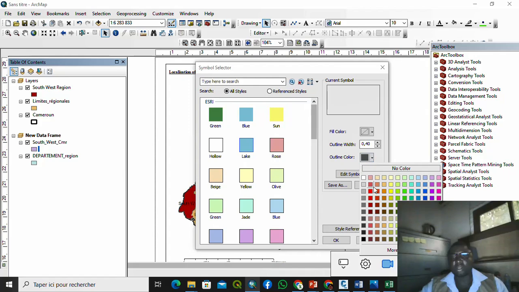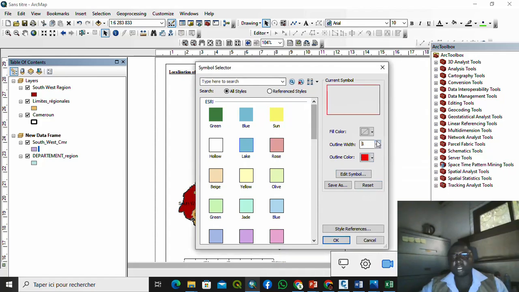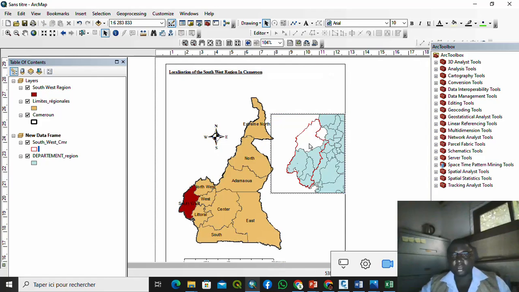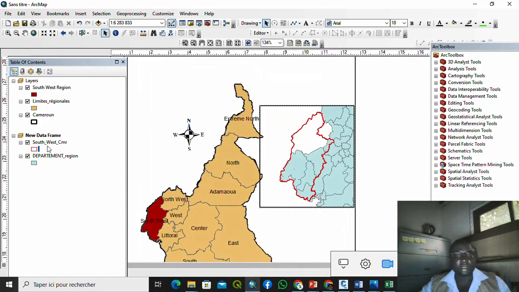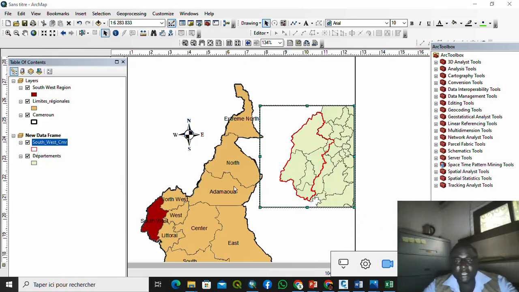Let's put a color to be more red. So these are the different divisions. Okay. Now